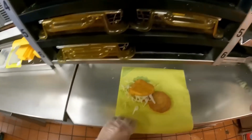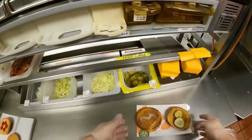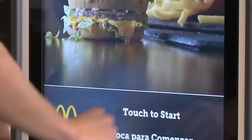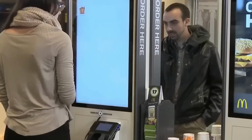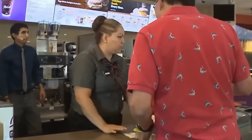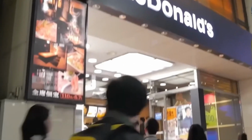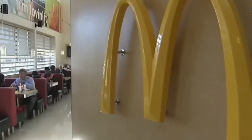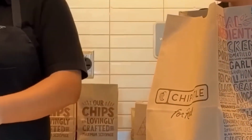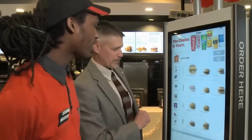McDonald's built its empire on convenience, but the real cost is your health, your family's future, and your quality of life. Pink slime, chemical fillers, rancid oil. These aren't mistakes. They're the result of putting profit before people. You deserve better than meat scraps held together with additives. And your kids? They deserve food that nourishes, not hooks. So the next time you see those golden arches, remember what's really behind them and who spoke